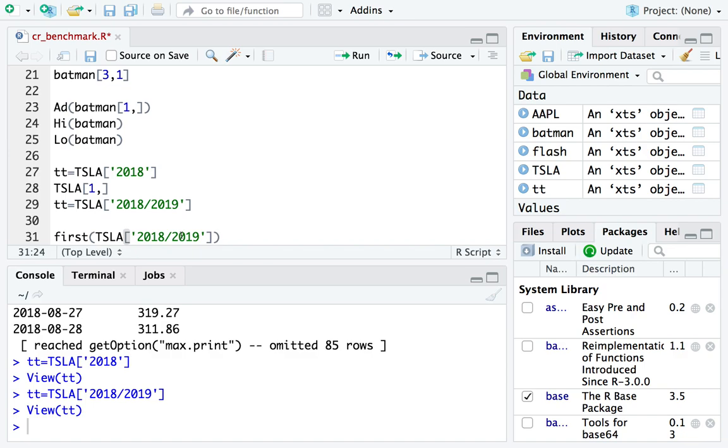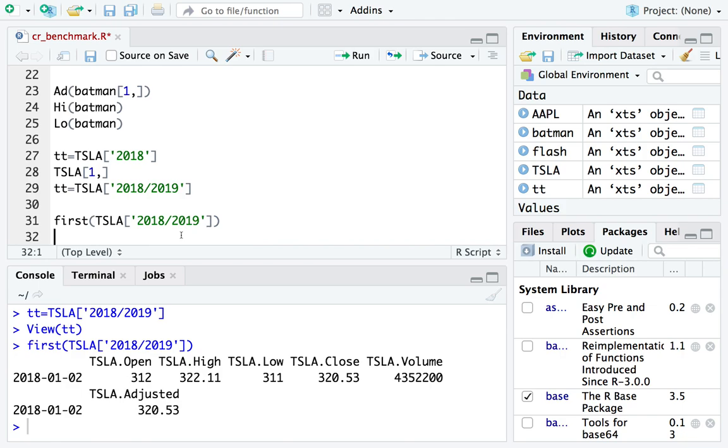So the first value seen by the first function will be 2018-01-02. It has no idea that Tesla has prices for 2010, because all it's getting is this subset of the